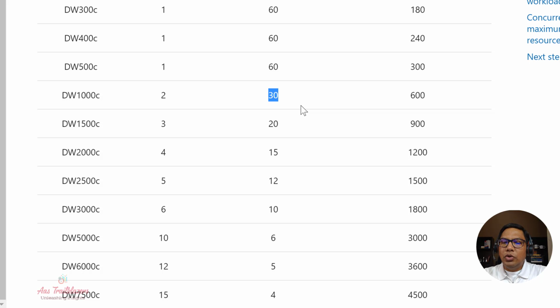There are a couple of things to note here. The very first thing is, with every 500 DWU increase, you'll see one new compute node added to the infrastructure. So for example, for 1000C, we have 2 compute nodes. For 1500C, we have 3 compute nodes. For 2000C, we have 4 compute nodes. This goes all the way from DW500C, where we have 1 compute node with the maximum memory available, all the way to